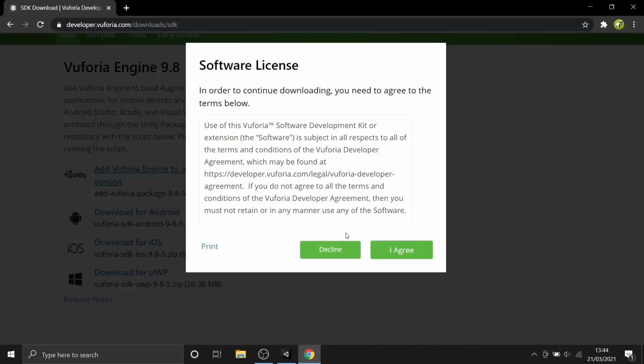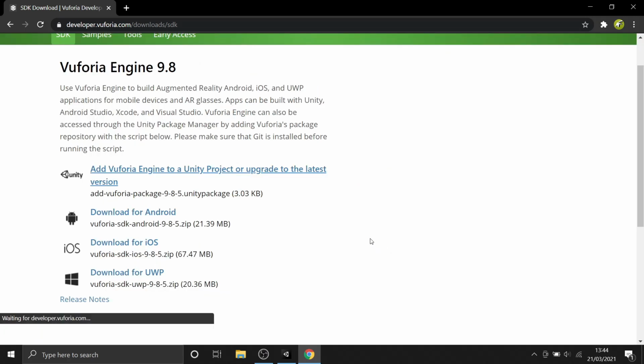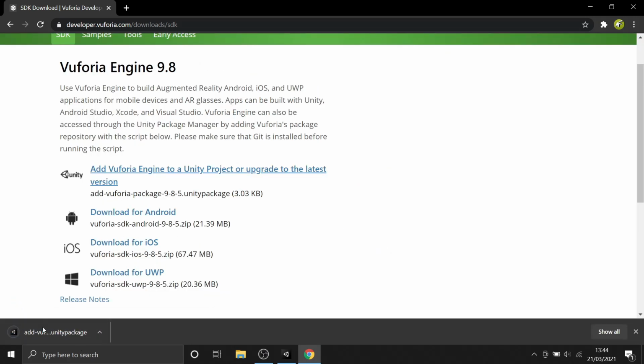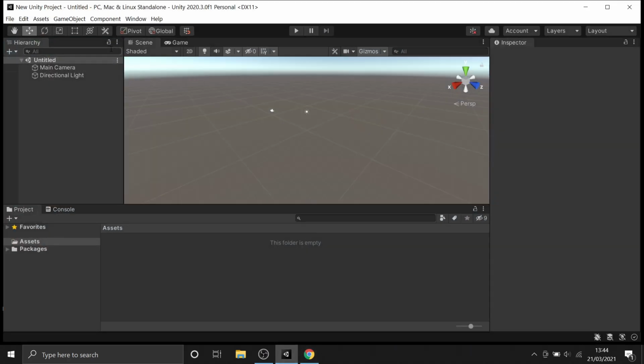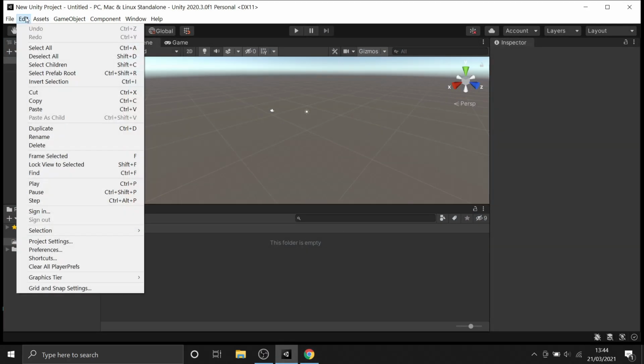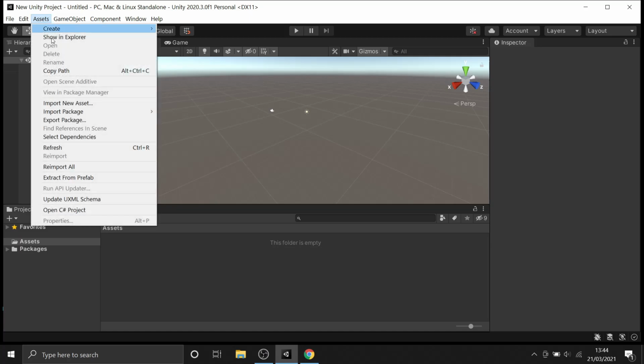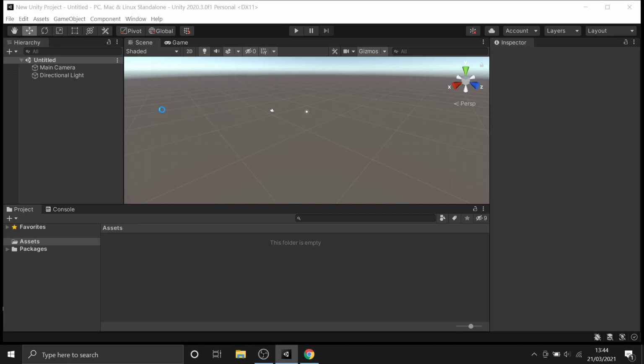Click on the first link, agree to their license agreement, and a Unity package will be downloaded in your system. All you need to do is minimize this, open your Unity project, go to assets, import package, custom package.